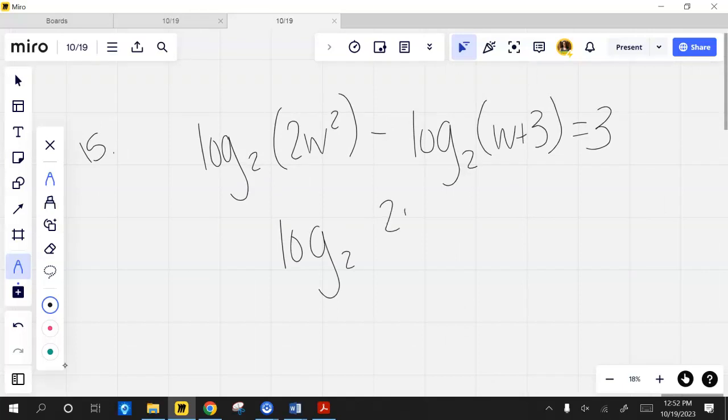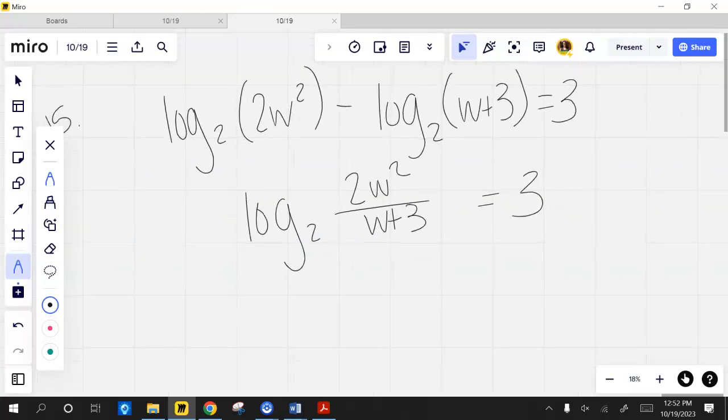I'm going to divide. So I condense down to just one log and then change the form. We did this one. And then butterfly it. I can go back to